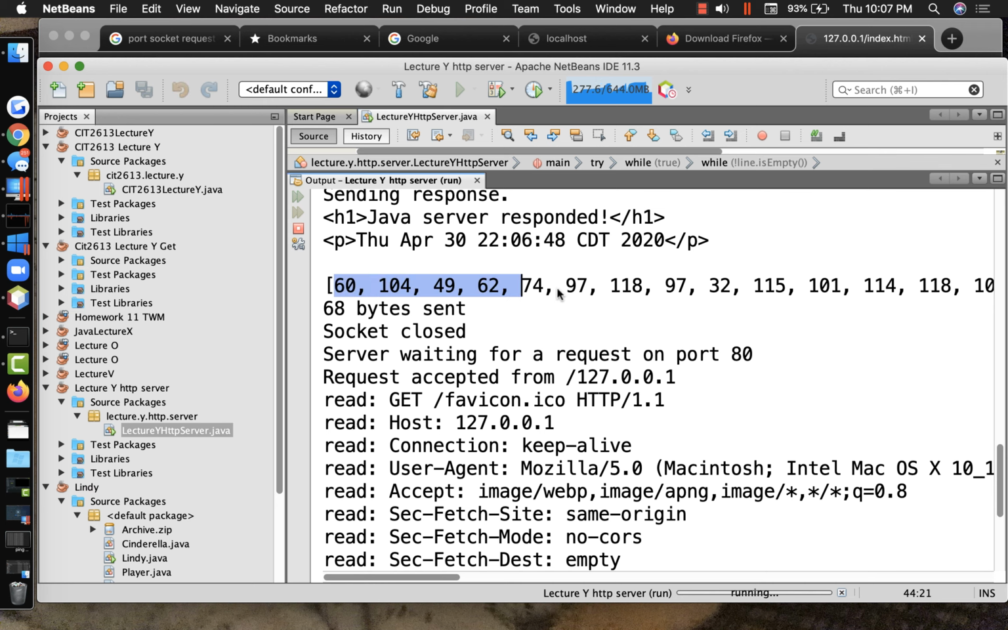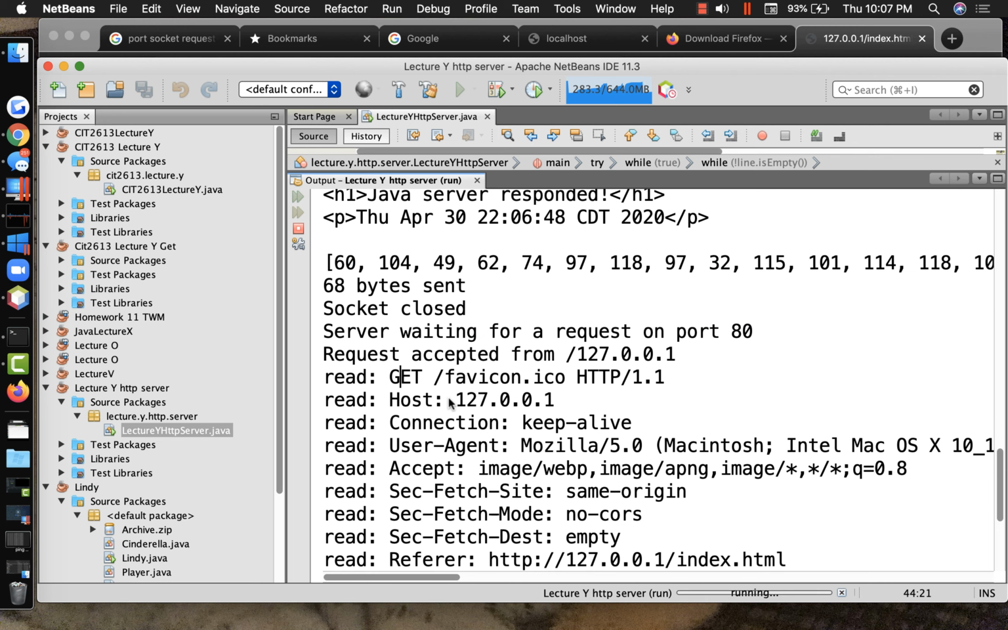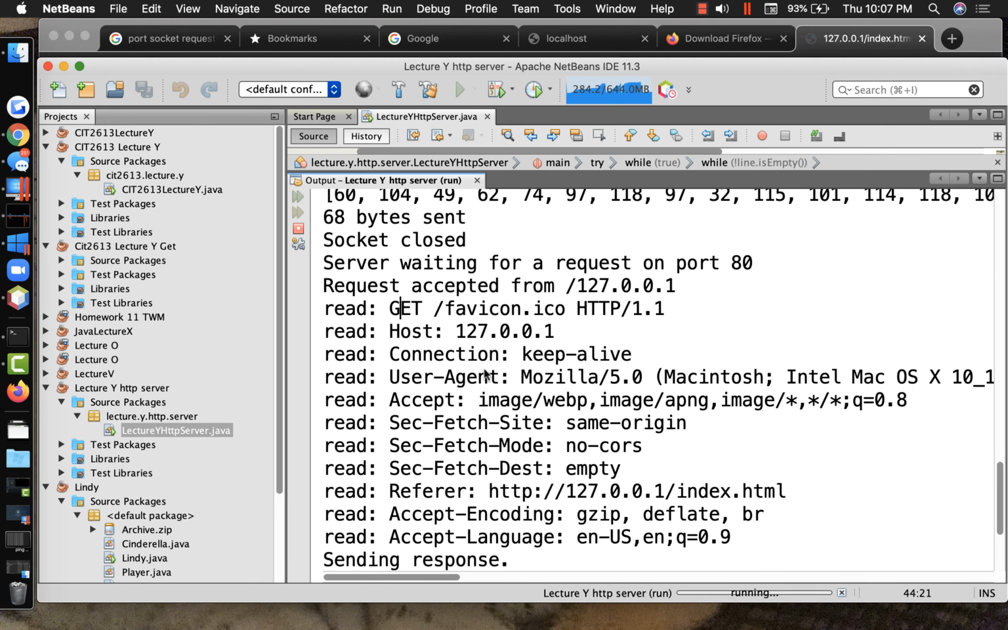Oh, and by the way, here's our array full of the bytes of the data that we sent. Socket closed, waiting for a response. Get. Here it comes in. Here's what we accept, and there's the file name that we want. And it's up to the web server to interpret this and to decide what file really needs to be served